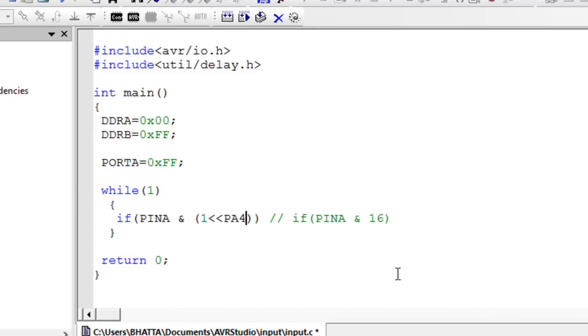But it's up to you. If you are just writing the code and you don't want to follow, you can do whatever you want. So right now I'm going to use PA0. Now what this line means is I'm ANDing all the bits of PA with PA0. This means I'm ANDing pin A with